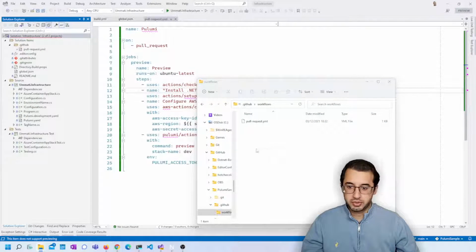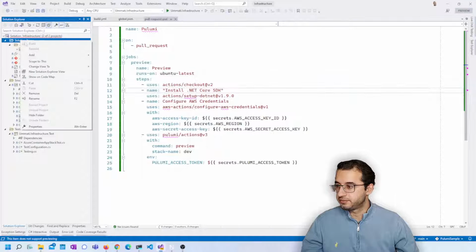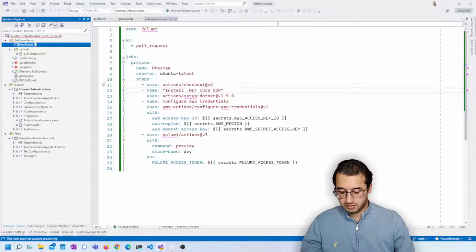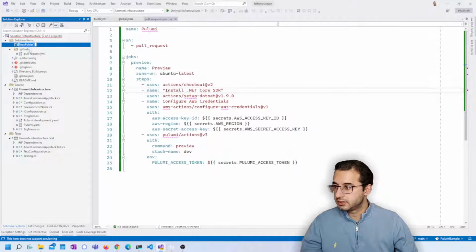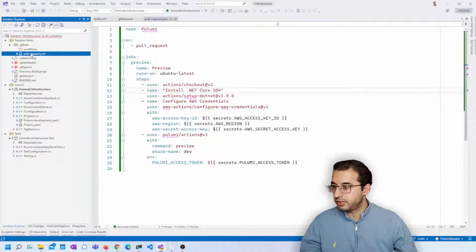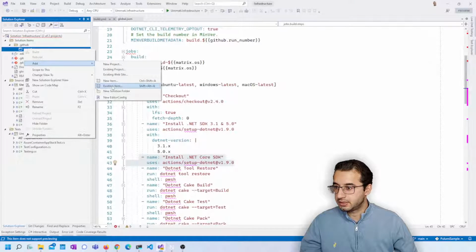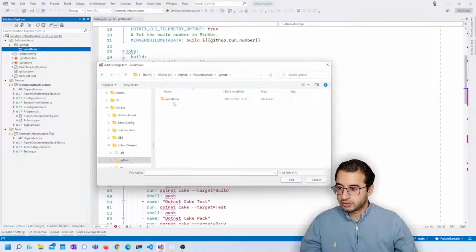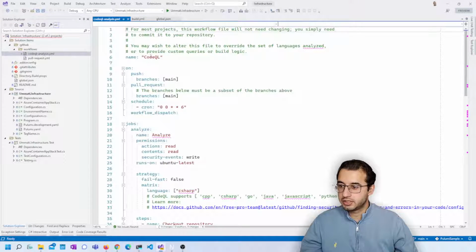And just for fun, I'm going to copy and paste the CodeQL analysis workflow, GitHub Actions workflow as well. That should be workflows. And that can move under there, and this gonna get removed. And we'll add our workflows in here. Cool. So this CodeQL is just a security scanning tool that GitHub provides, and it runs on